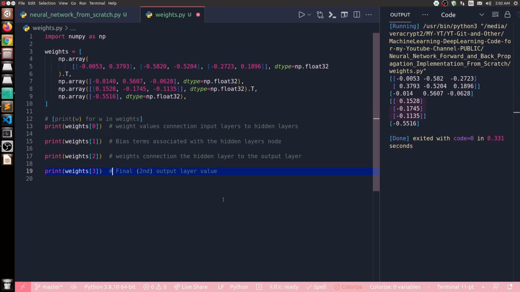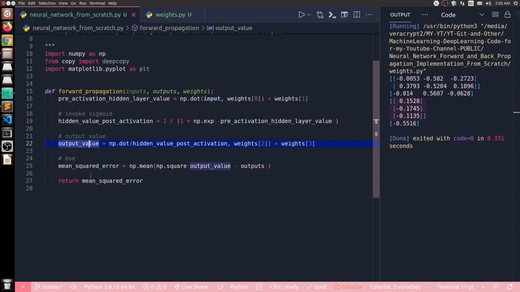So this is the bias associated with the final or the second final output layer. I think it's just better to delete the second output layer value. Yeah, now it is much more clear. So now for these output values